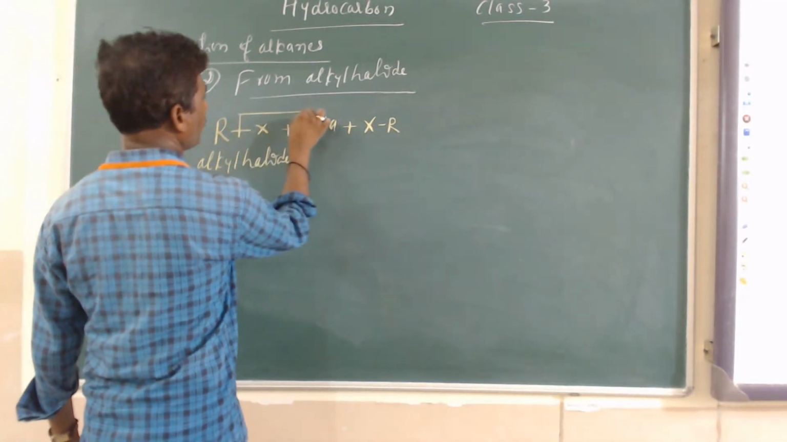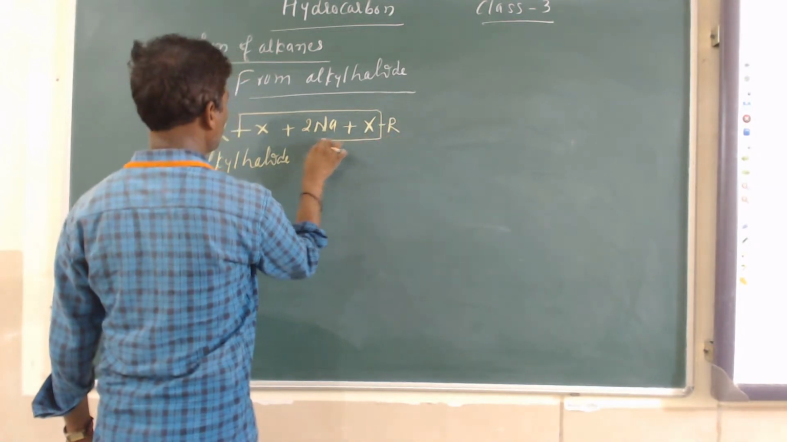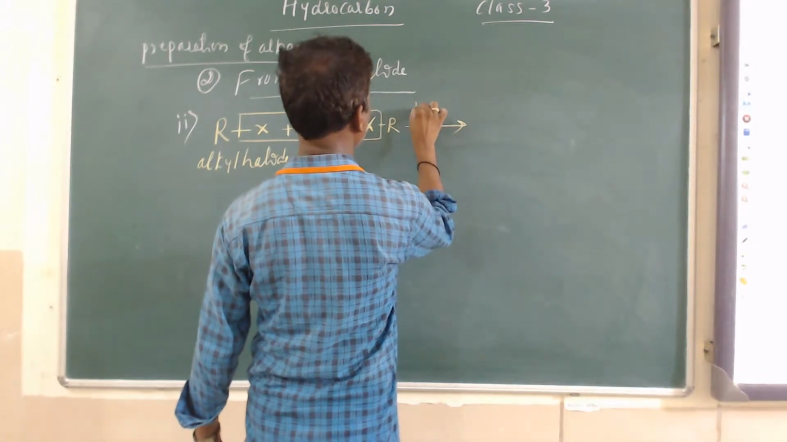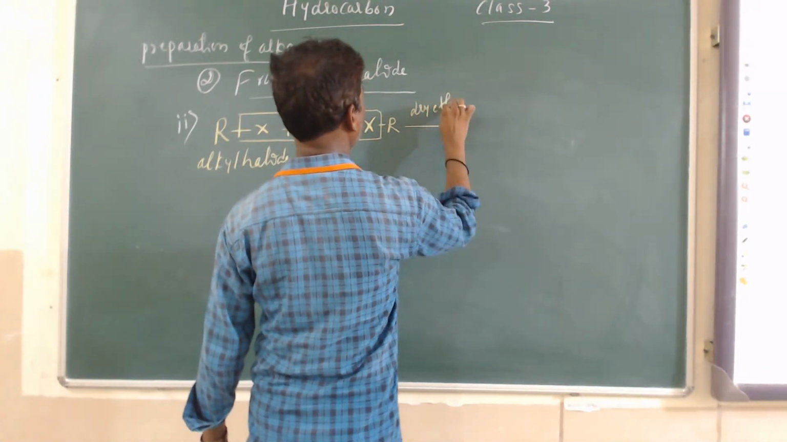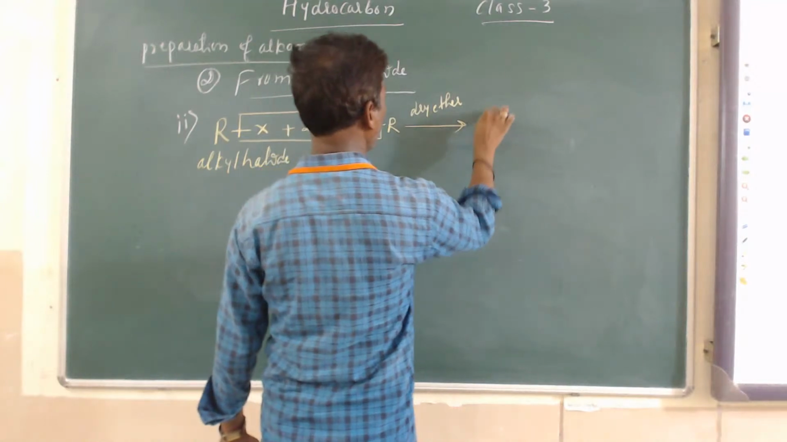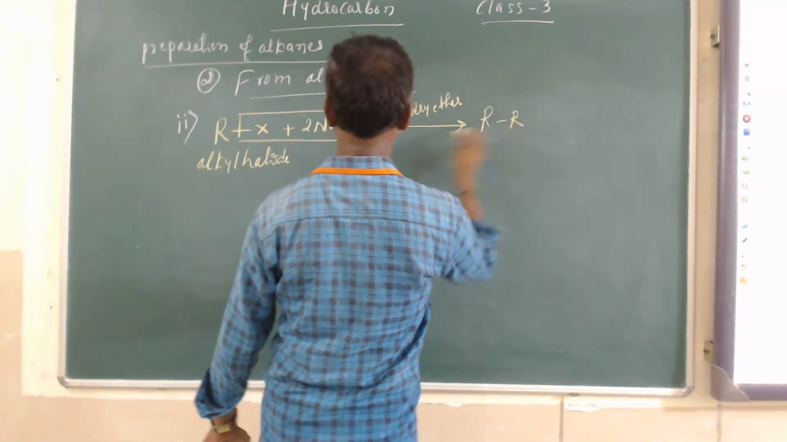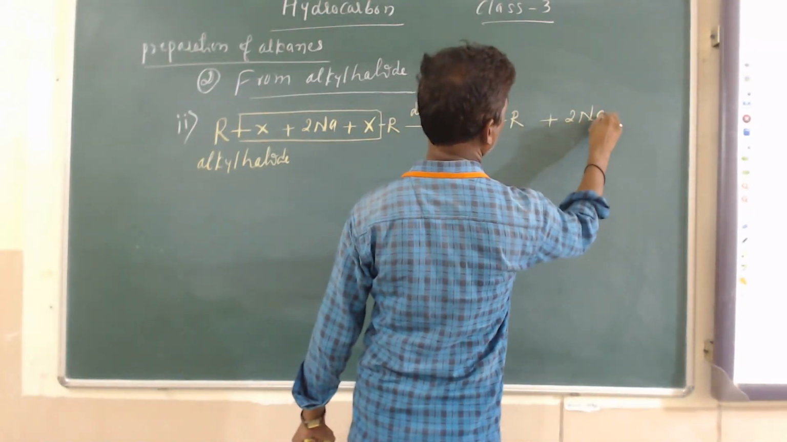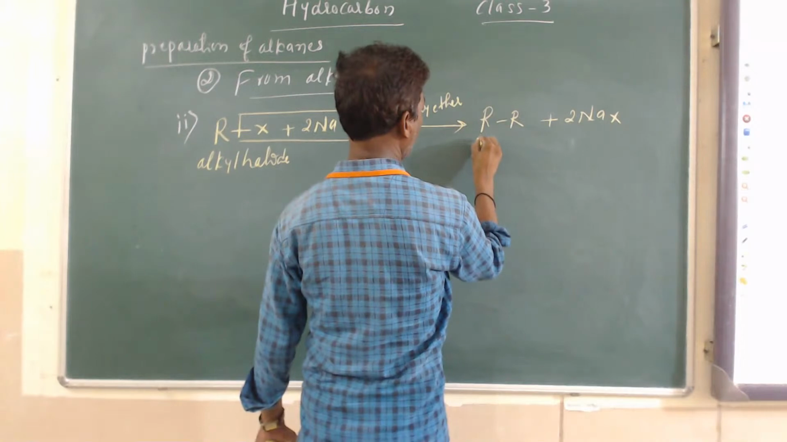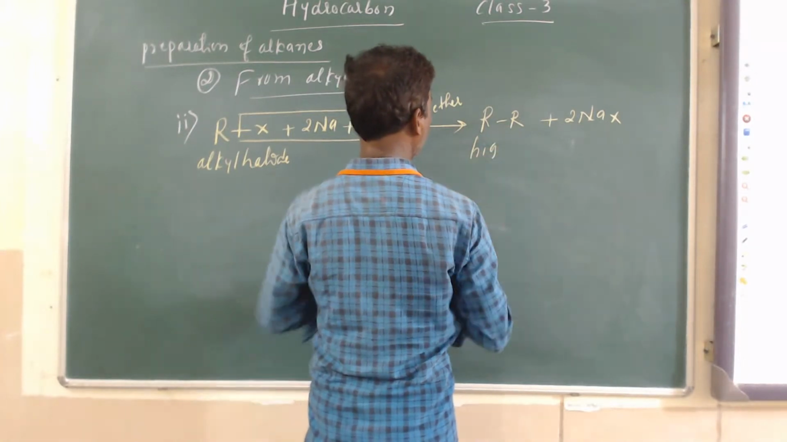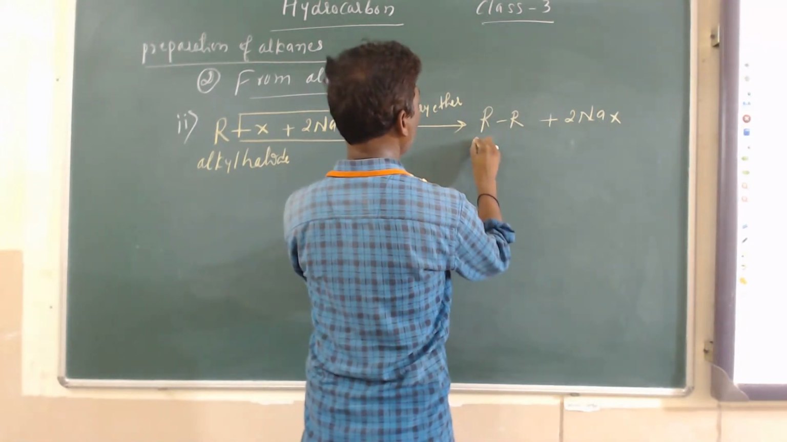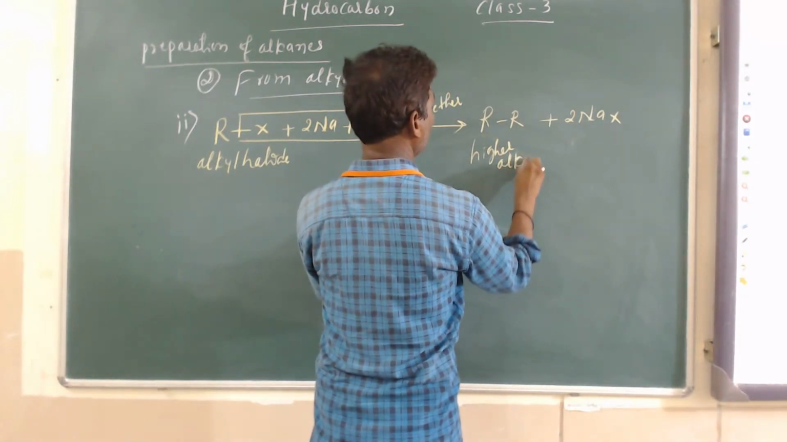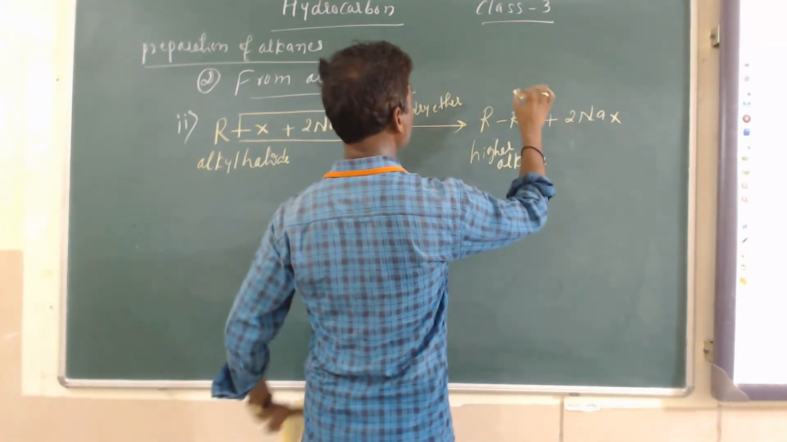Now, in the presence of dry ether, it gives R-R, and the remaining is 2NaX. This R-R is nothing but a higher alkane. It gives a higher alkane. This reaction is called